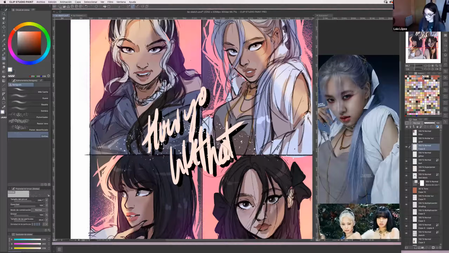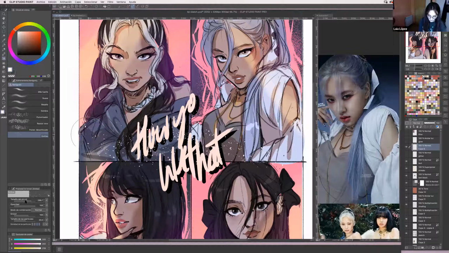Wait, okay. I have the auto saving mode, so sometimes Clip Studio stops because it's like, we didn't save, let me save it for you. And I'm like, thank you. This is a really cool option that I really love about Clip Studio. And yeah, the smaller you make it, the smaller the particles become.